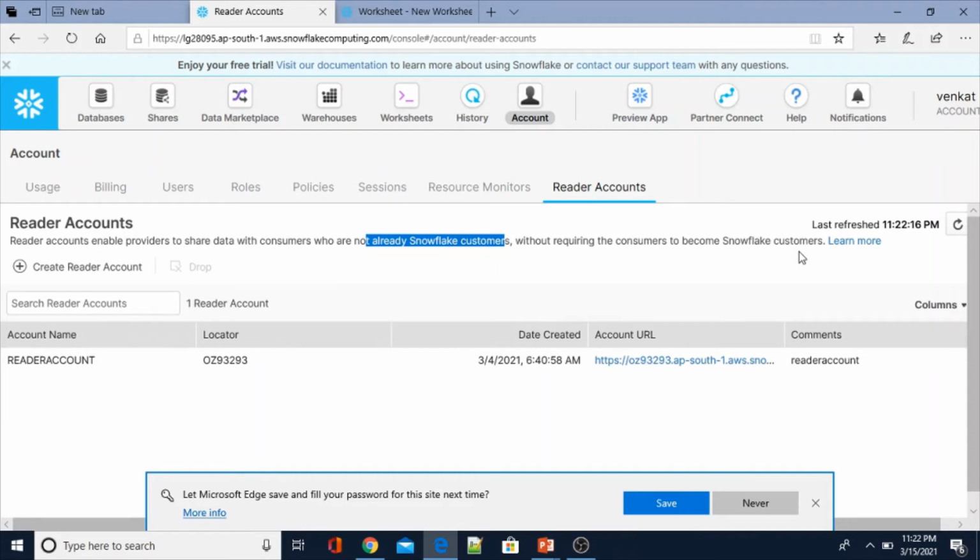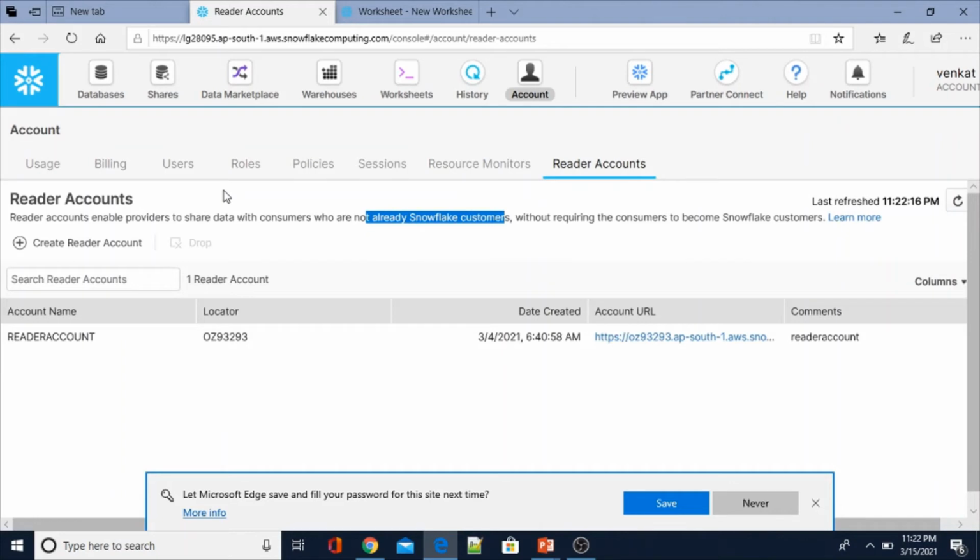We will create it and share the database through secure share. Please note that when you create this Reader account, whatever billing and credits are consumed, the main provider account has to pay that bill also.